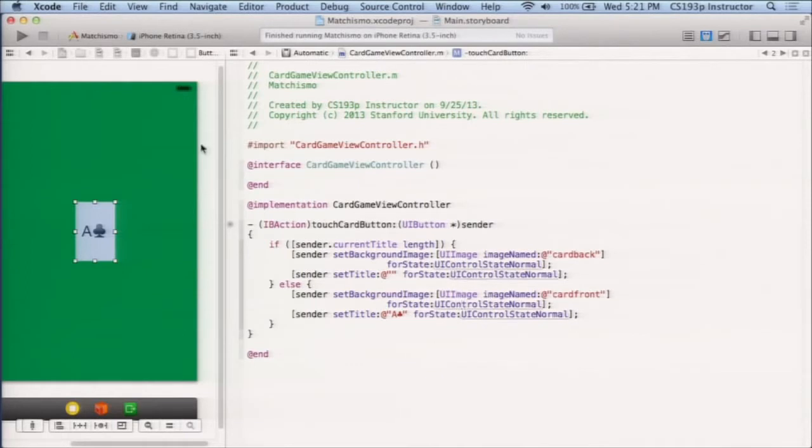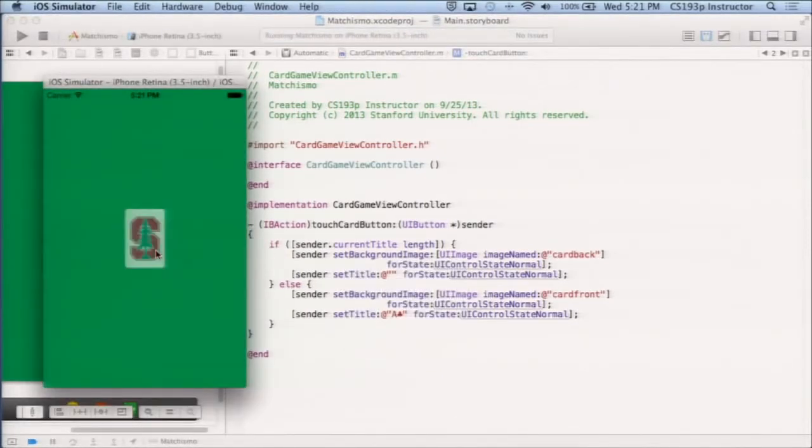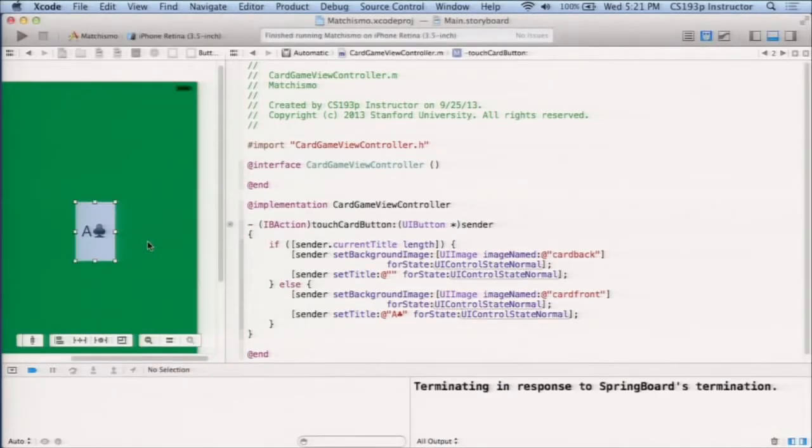Okay, so now when we run, our card will flip both ways. So really simple to wire stuff in your controller to do what you want. The next thing we're going to do is